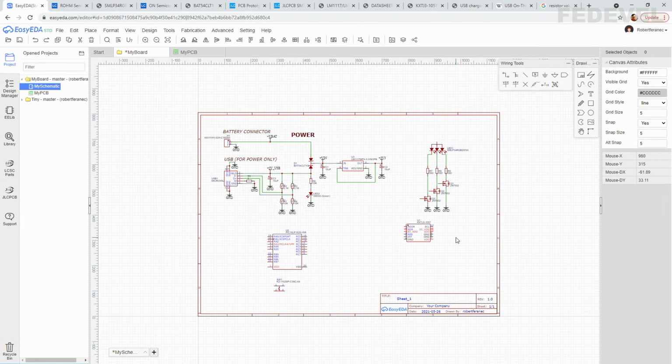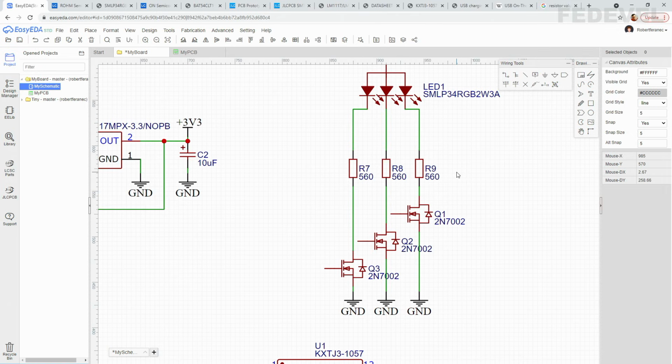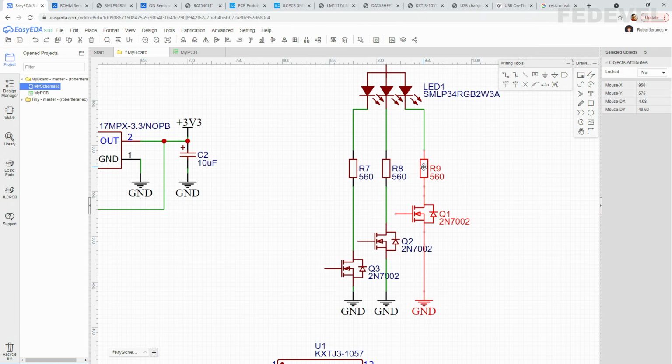I'm going to make it a little bit nicer. I'm going to move these a little bit away from each other so there is a little bit more space. I'm going to select this, press Ctrl, hold it down, select also the transistor, and just move it.